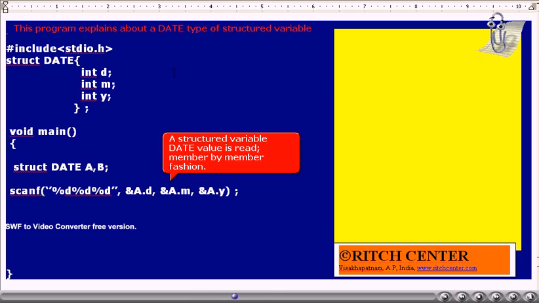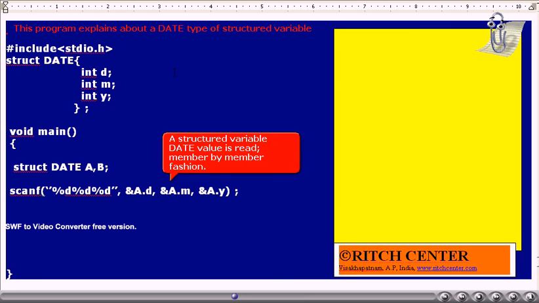If A is a structured variable of type date, then A dot D refers to the data member D of the structured variable. What type of variable is A dot D? It is an integer.